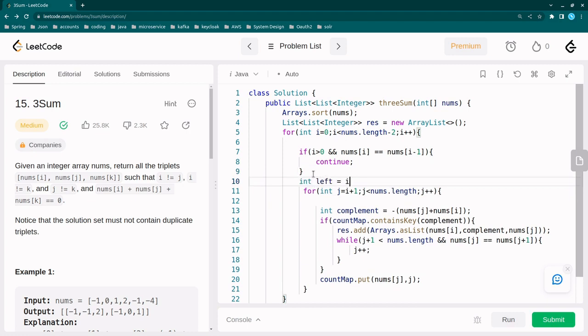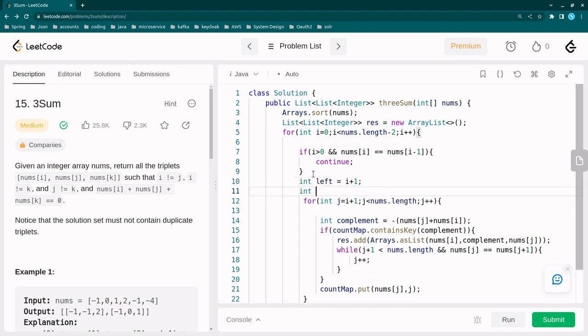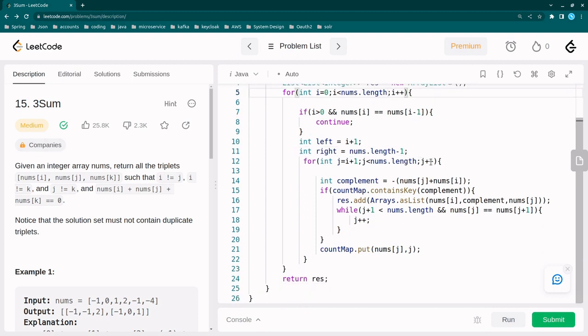Left is equal to i plus 1, and int right is equal to nums.length minus 1. And this minus 2 should be removed. And I'll use a while loop here. I will use the same template as we have for two-pointer techniques. Here it should go from left to right,